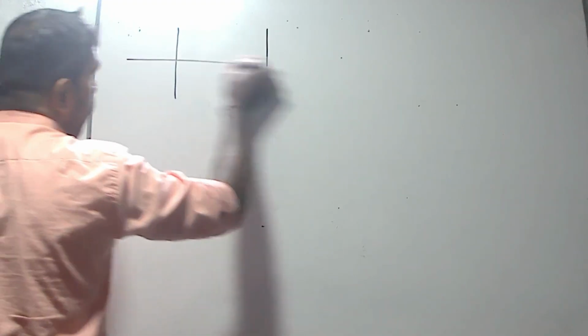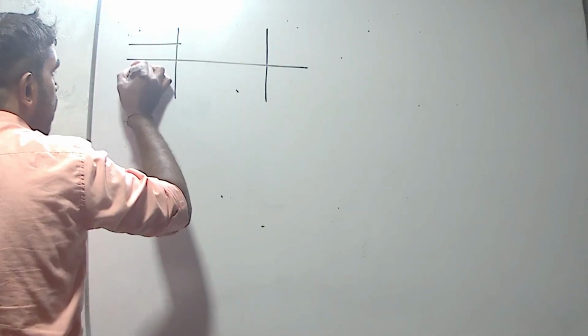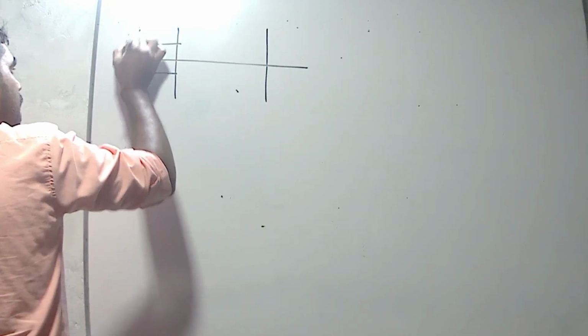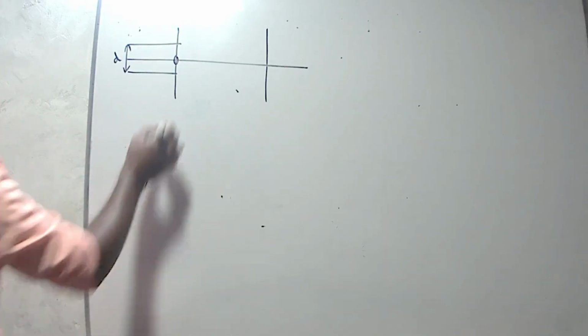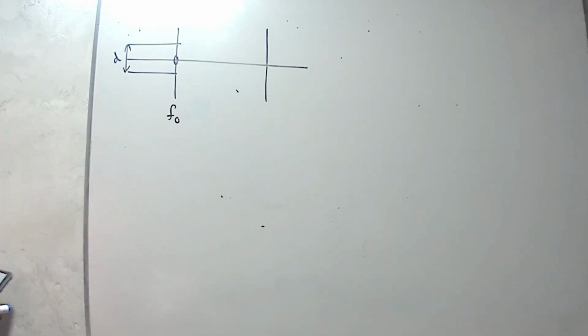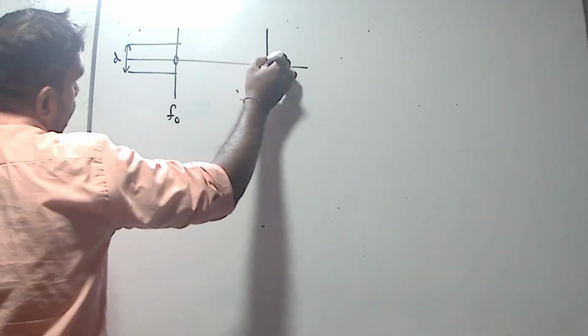You know that we are observing objects at infinity by using a telescope. Therefore, incident rays are parallel. This diameter is given as d. This one is the objective lens. The focal length of the objective lens is f0, and